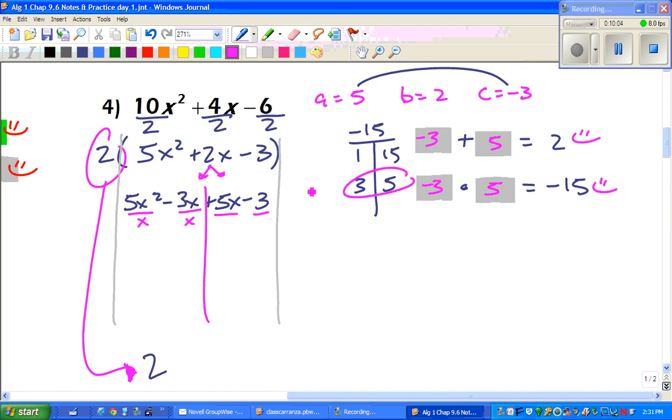And on the back, there's no number we can take out except for a 1. So when we rewrite this, we get x, 5x minus 3, and we took out a positive 1, and we're left with 5x minus 3. And there's our check. Those guys come down, and we get